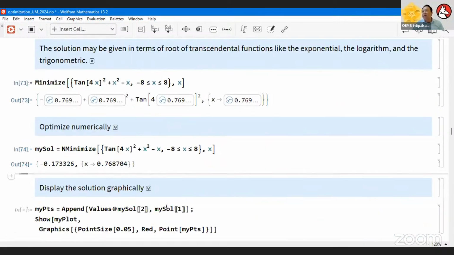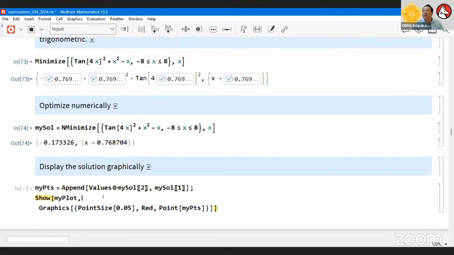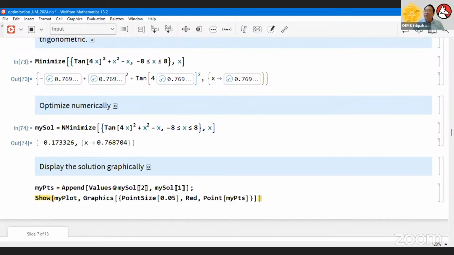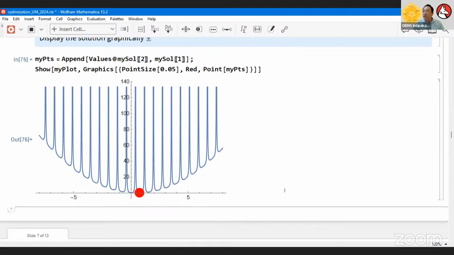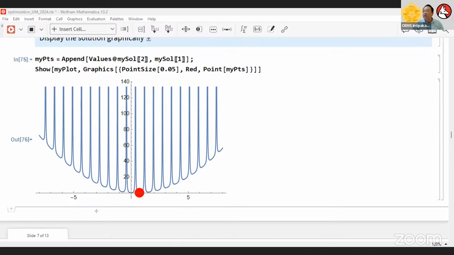Similarly, using exactly the same approach, I'm going to append this value of x and y with a point size of 0.05 and a red color. And now I'm going to superimpose these two. One is the original graphic, the other is the solution. It tells me that the global minimum value is somewhere here. Yeah. So fairly straightforward, isn't it?